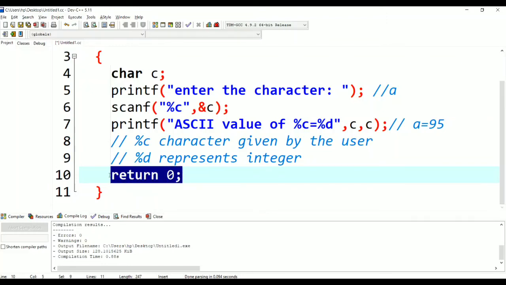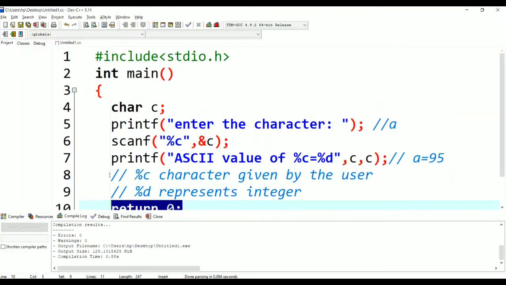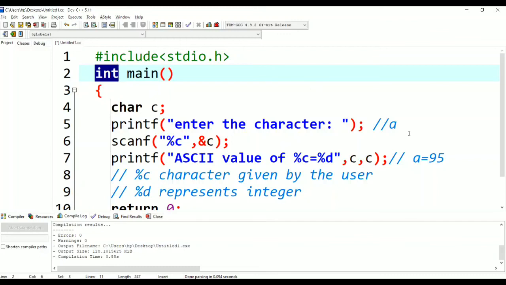It depends on the compiler, but it's better to give return 0 when you use int. Here int represents the output of the entire program. I'm going to print an integer value at the end, right?